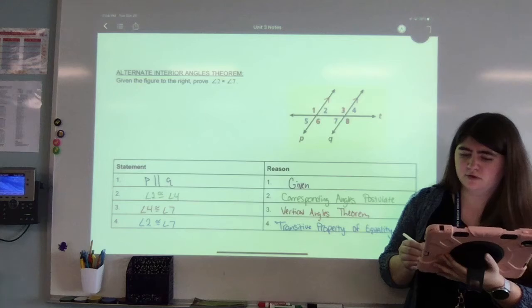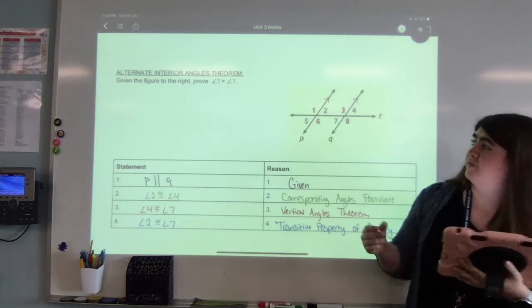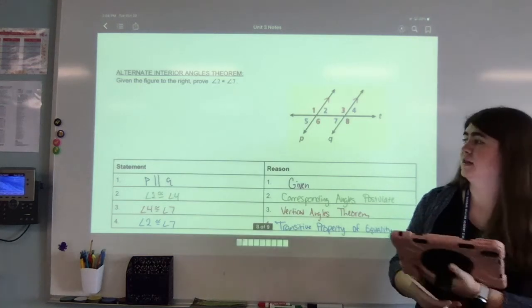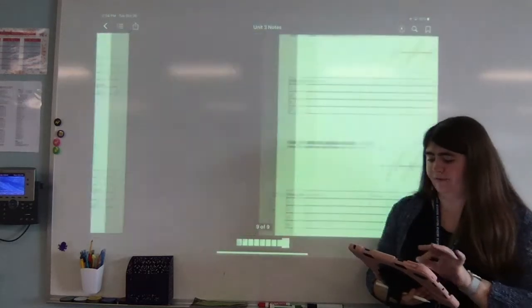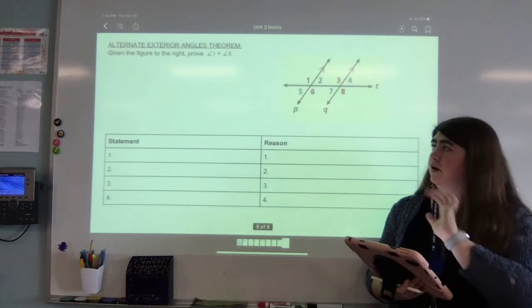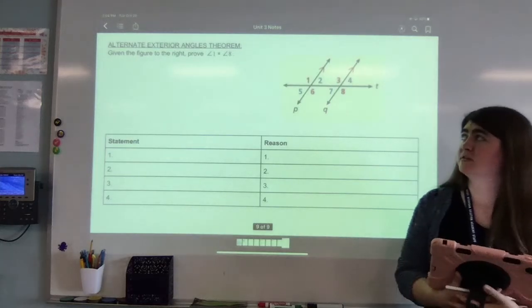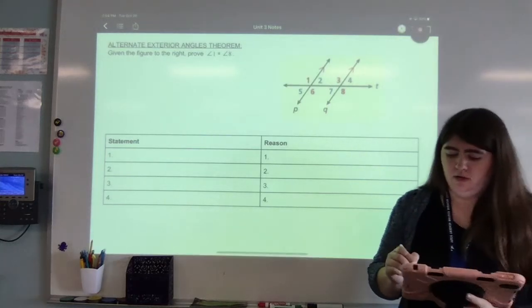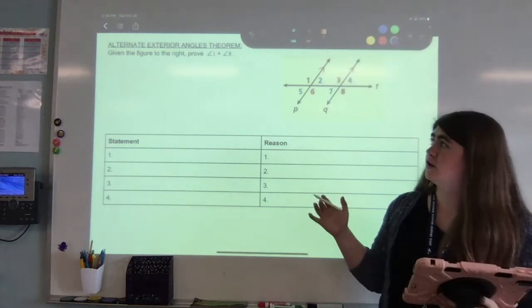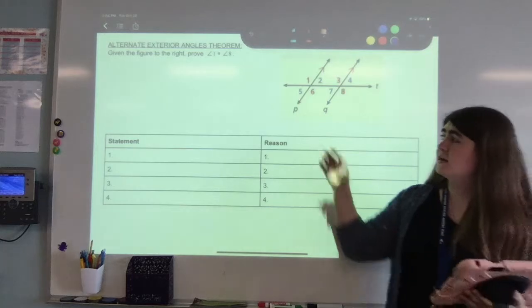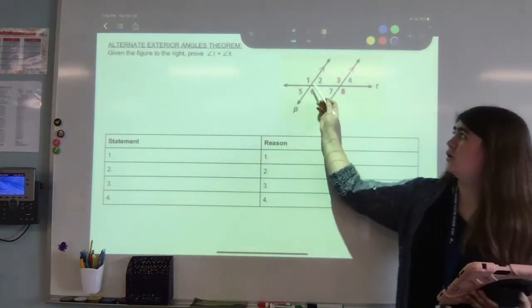Now that we've proven the vertical angles theorem and the alternate interior angles theorem, we're going to flip to the next page where we will prove the alternate exterior angles theorem. So I'm going to get my color back here a second. The alternate exterior angles theorem says, given the figure to the right, prove that angle 1 is congruent